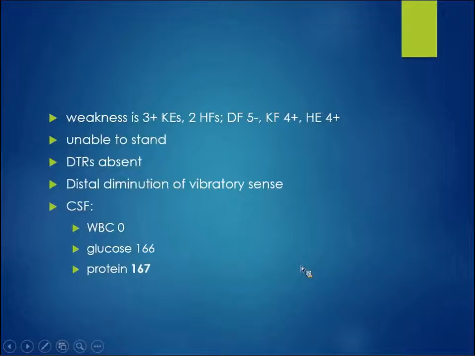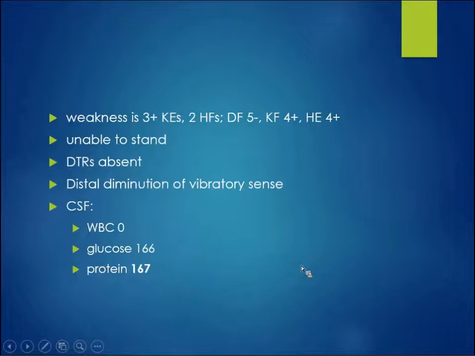When I saw him, he had difficulty extending his knees against any resistance, and was not able to raise his legs in hip flexion against gravity. His distal strength was not as bad with ankle dorsiflexion, and knee flexion and hip extension were mildly reduced, but he could not stand, and that's what I remember. He could not get out of the wheelchair and into the bed, and I didn't understand how he was functioning like this. So I'll talk to you about his